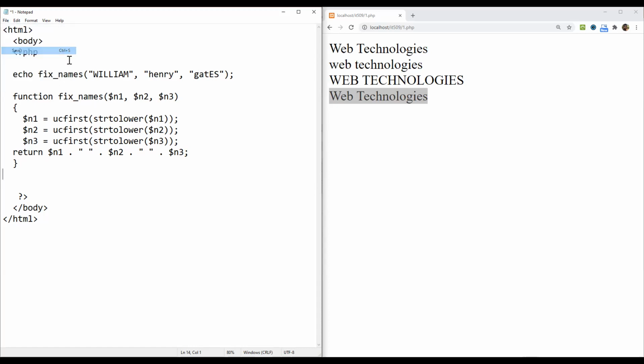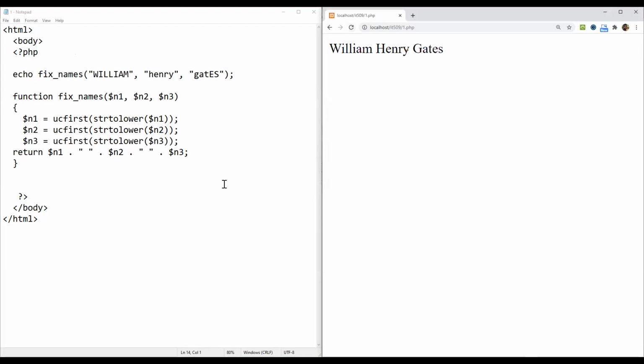So when I save, we refresh. We are getting William, Henry, and Gates correctly. Okay, next code, you will get the same answer. If you go to the next one, you will get the same answer, but it makes use of arrays, right? So if I go back to the code again,